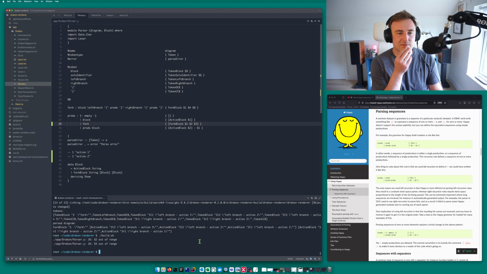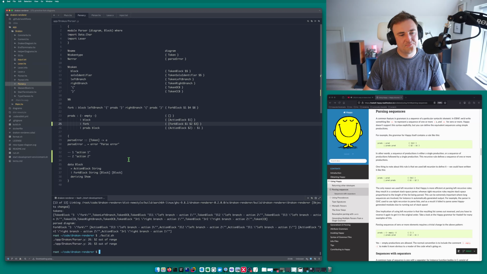Out of range, okay. Interesting. But the fork block only takes 1 argument.